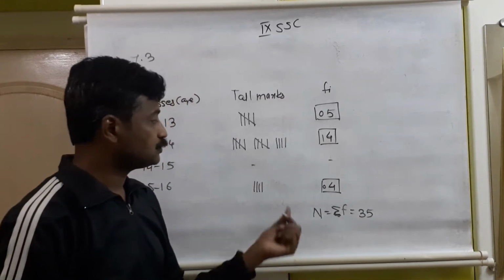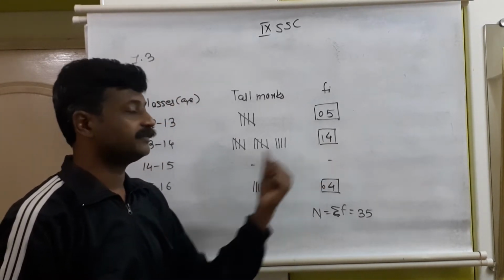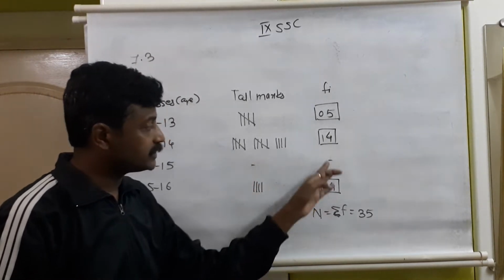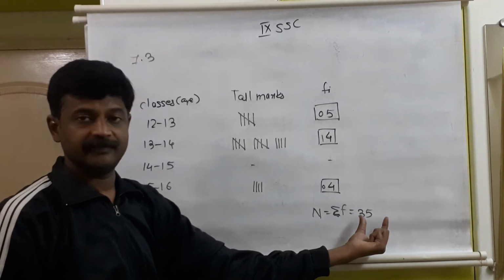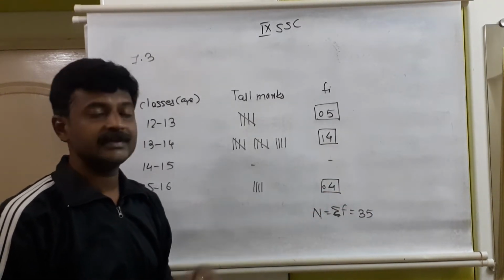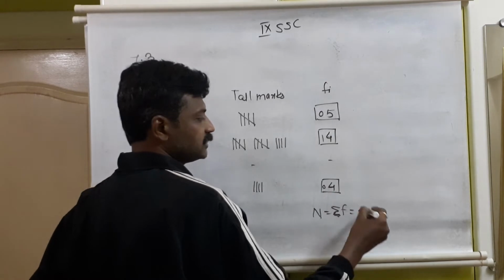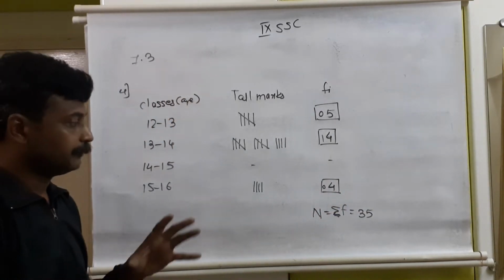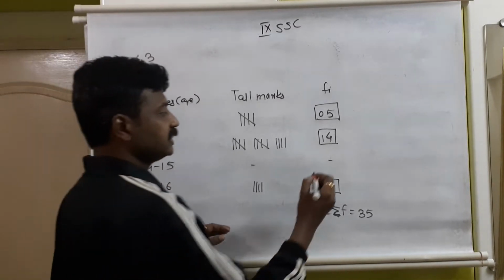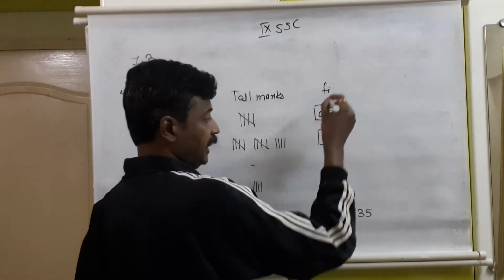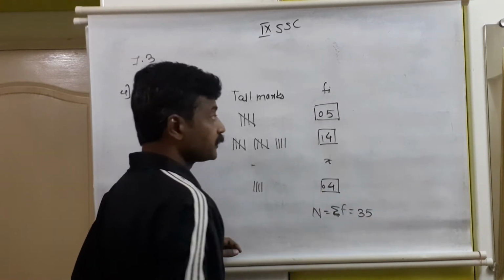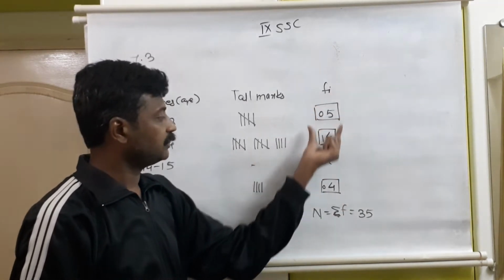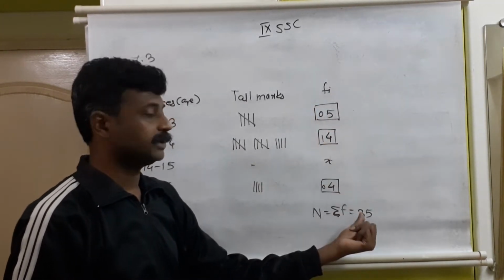Now we need to find out the tally marks here as well as the frequency. Tally marks we can't, but frequency is possible because the total of frequencies given is 35 and one frequency is missing. So the missing one we can easily find out. For better understanding, I will consider this as x. So how will it be? Addition of all this will be equal to 35, that is summation of the frequency column, capital N. And the sum of all these 1, 2, 3, 4 should be equal to 35.